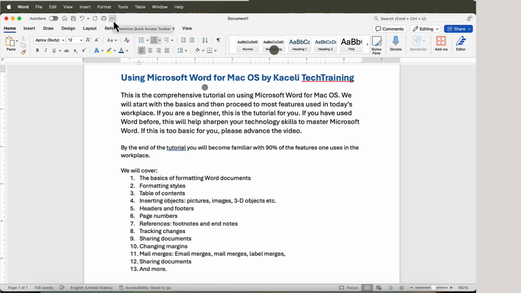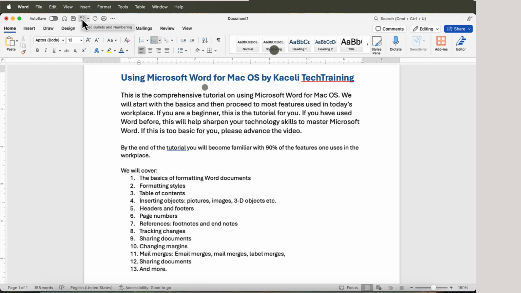Those particular icons, that's the quick access toolbar. This includes options that are quickly accessible to you. So a function or something that you constantly do or that you regularly use, you can put that in the quick access toolbar area. Now, to undo something that you just did, you can either use the undo button here